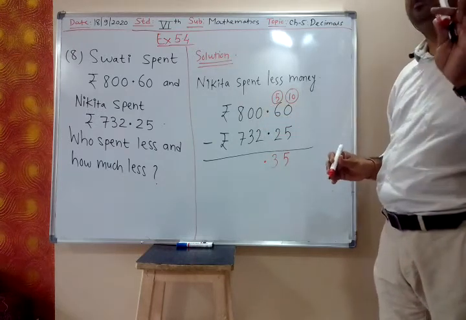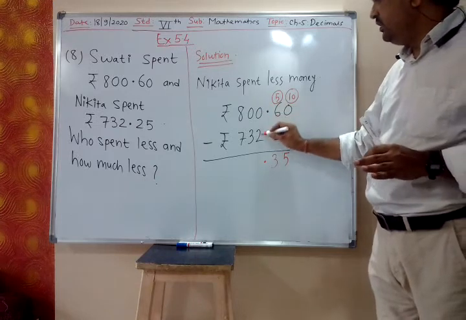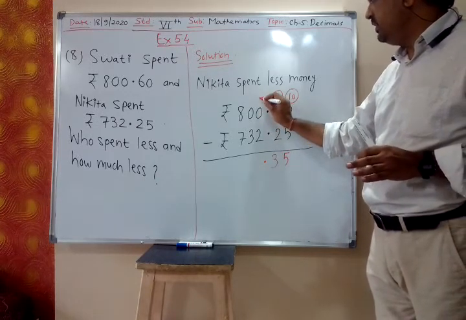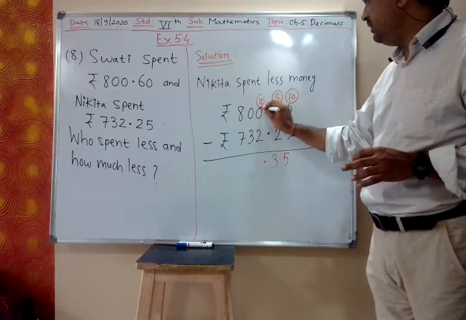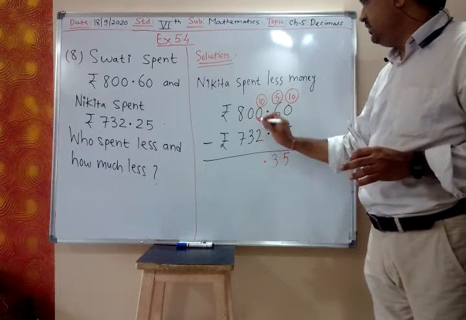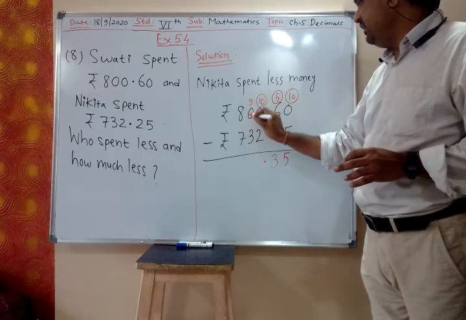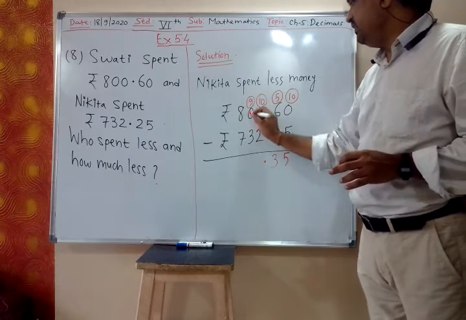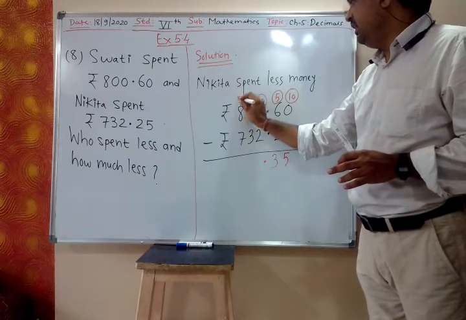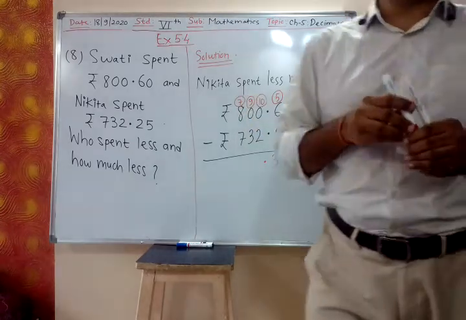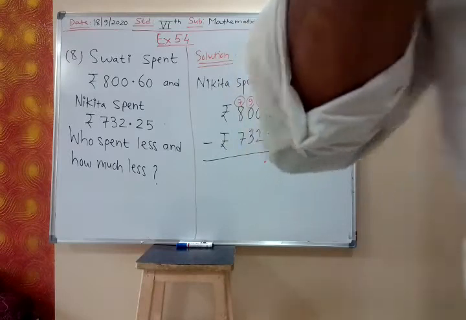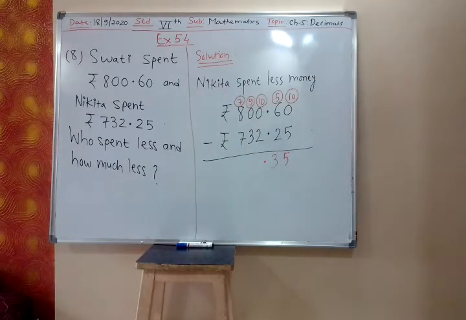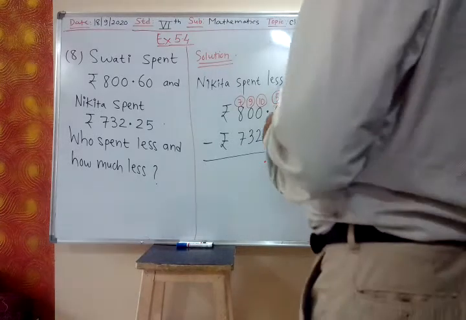Wait, no. I said mute the microphone. 0 and 2. 0 is smaller, so 1 is carried. 0 become 10. Then this 0 become 9. This 0 become 9. And 1 is carried. This 8 becomes 7. Yes, I said mute. No. I said mute the microphone. Mute the microphone. I don't want the answer. No, nothing should be discussed. I am explaining. No.